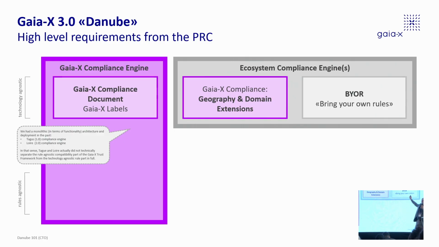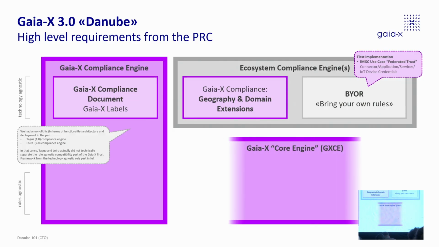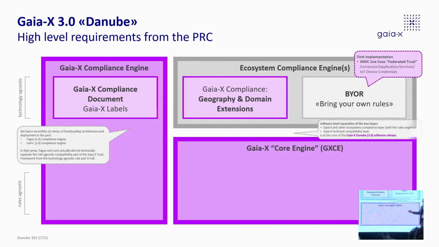So this is at the top level. That is the state of the requirements, and then we are also talking on the technical side a little bit with projects, because I did not want to develop that or have the team develop it without any guidance from anyone who comes from outside Gaia-X, because if you live in a bubble, that's not going to work really. So the basic idea was really to split whatever we have implemented in Danube, the rules part of Danube, and the technology compatibility, hidden secretly or implemented not explicitly, and split it out into a core engine.